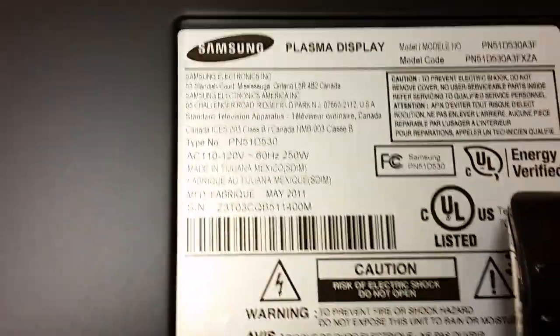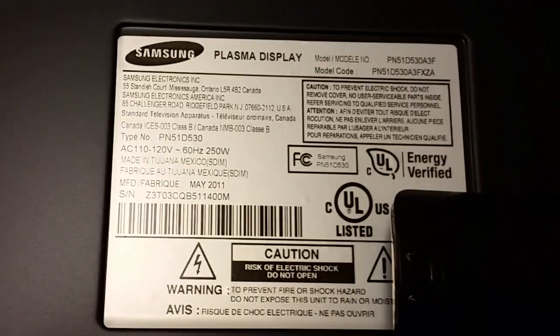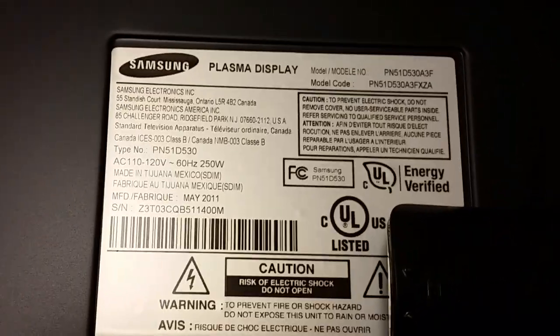With an instructional video today. A little late, but better late than never. Those TVs are long out of fashion, but I like them. And I don't think we've made one for this TV. This is for Samsung